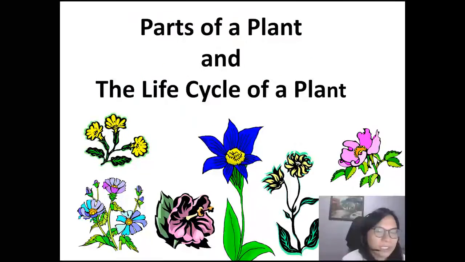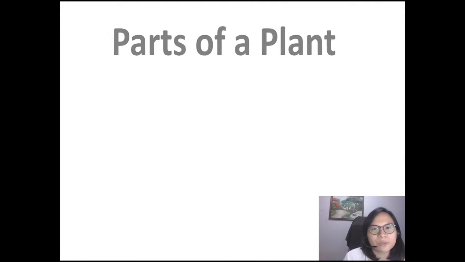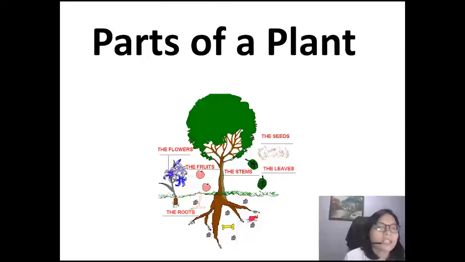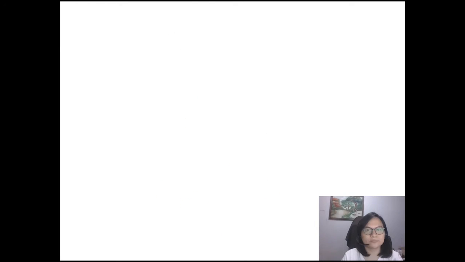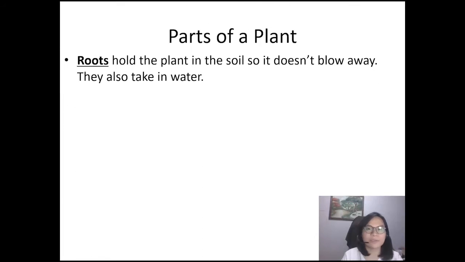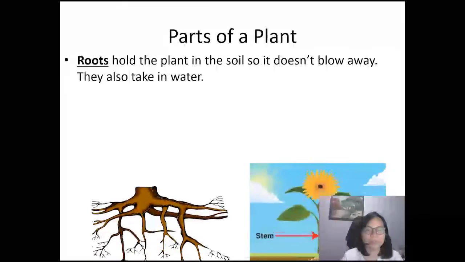So maybe we can start by giving you an overview of the different parts of a plant. So here you can see there are about 1, 2, 3, 4, 5, 6 parts of the plant that we are going to discuss. So we are going through each later. We're gonna show you where you can see each part and actually their functions. All right. So maybe we can start to discuss in detail the first part of the plant, which is the